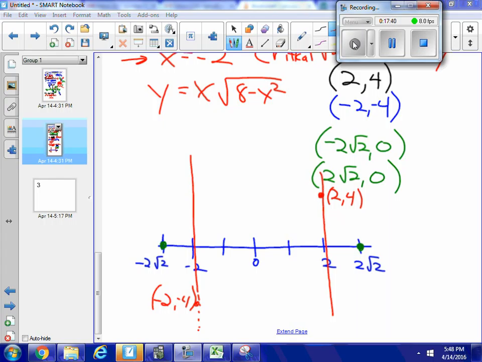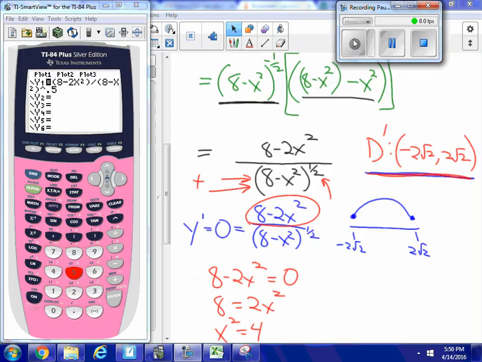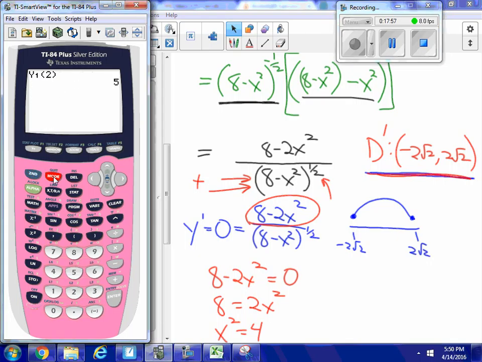Well, let's test a point in this interval over here. Let's test the point negative 3. Now we're testing it in the first derivative. So one thing that I can do is put my derivative into the calculator like I've just done. I'm going to go second quit, and now I'll clear that. And I'm going to go alpha F4, and I want to test my Y1, which is where it was. I want to test it for negative 3. So I put negative 3, and it turns out,